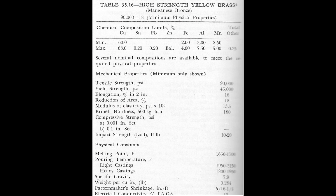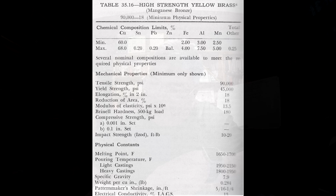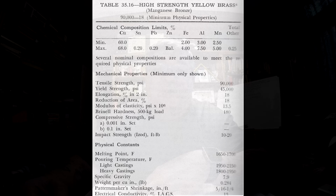The use of fluxes is not recommended when melting in crucible or electric furnaces, since the alloy tends to form a protective film from its own dross. However, in open flame melting, a cover of flux is useful in protecting the melt from adverse effects resulting from impingement of open flames. Now, the reason why they're worried about impingement of open flames is because in those open